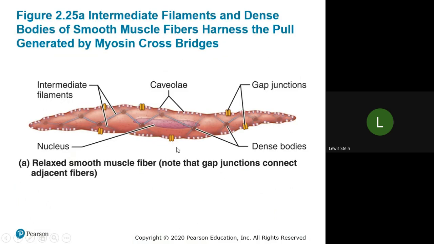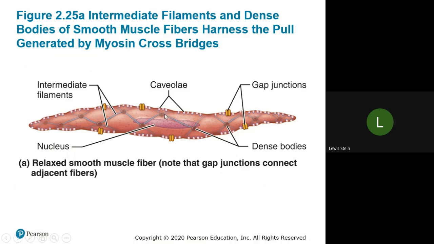And so here we get to look-see. The analogy to the compartments are called dense bodies. You can see the gap junctions are there for communication. The dense bodies act more like a boundary, if you will, allowing this sort of spiralized intermediate filaments to facilitate